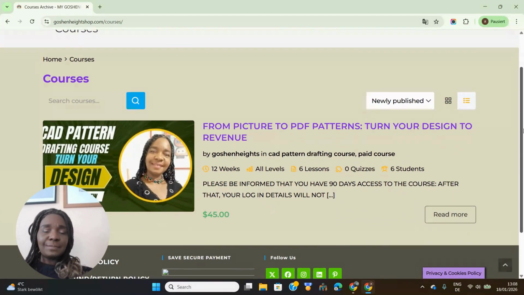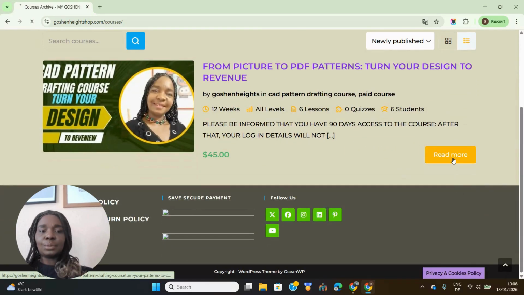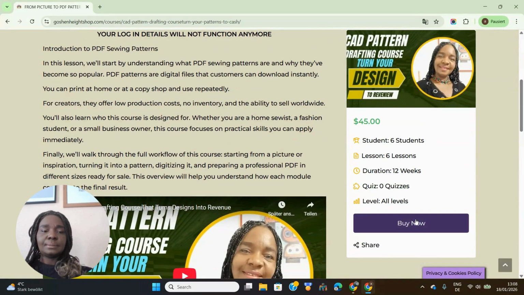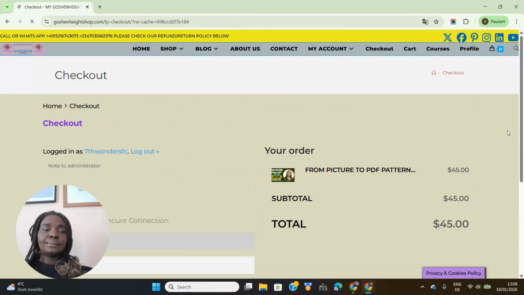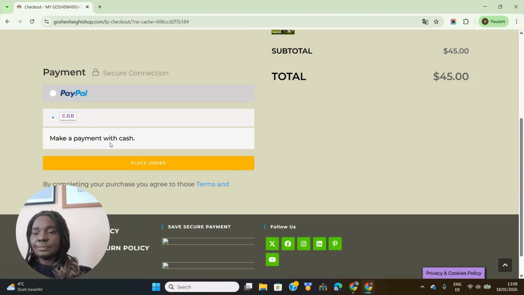So now you can pay for the course because you're in your account that you've registered. So you just go back there, the same process, and you can now buy your course. So now you can pay with PayPal if you have a PayPal account, or you can click here to make payments with cash. And once you do that and you click here, place your order,